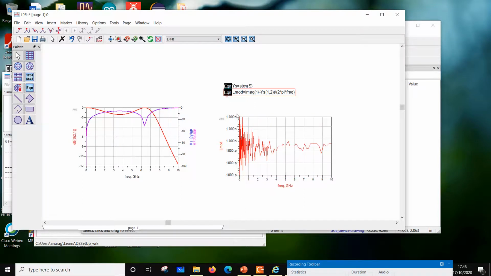So similarly, I can just look at the real part of this. That will give me the series resistance. So I will say R mod, and it will be the real of this one. And I can get rid of the 2 pi frequency thing. So this would be real of 1 over minus y12, and I can plot that one, or maybe on the same screen if I plot, that's going to work too.